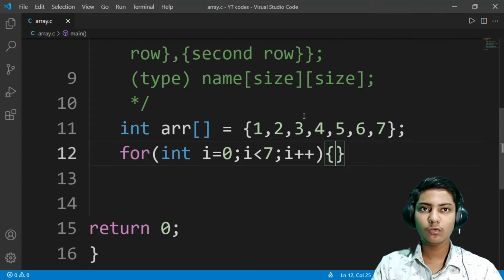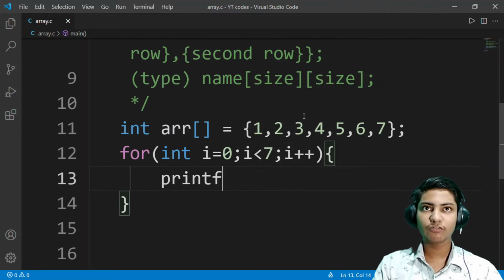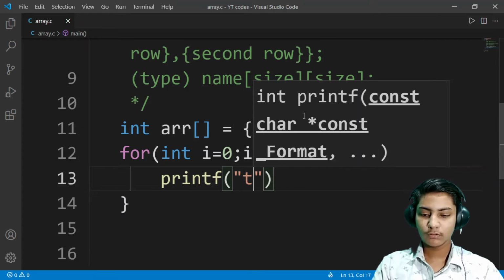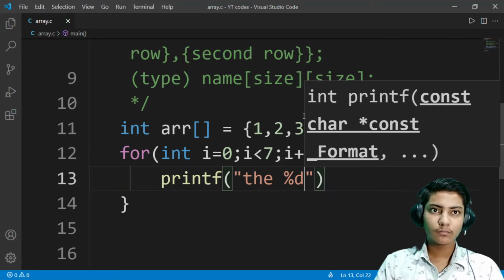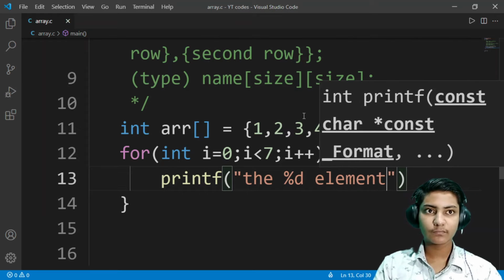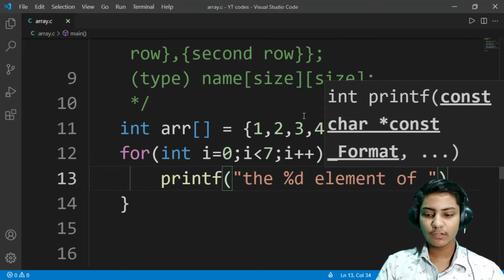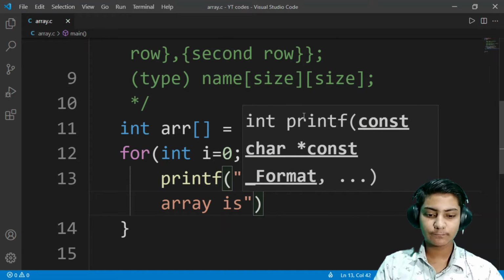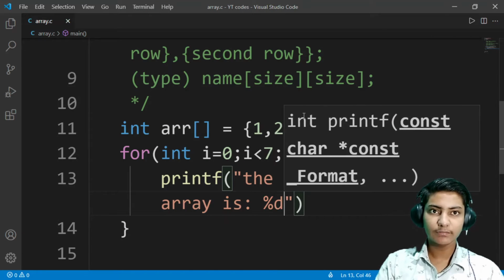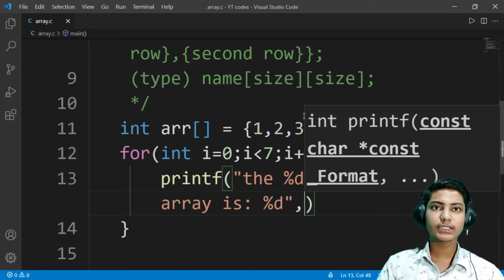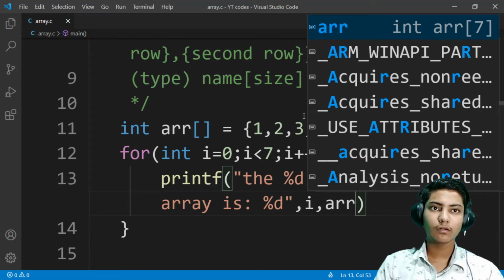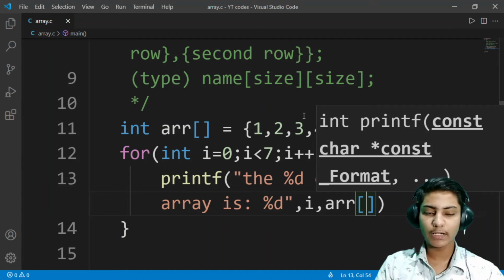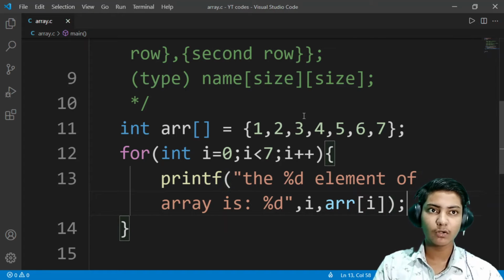Now in the loop, printf the element of array is percentage d, and then comma the variables. The variables are i comma arr and square braces, then the i, and now here semicolon.